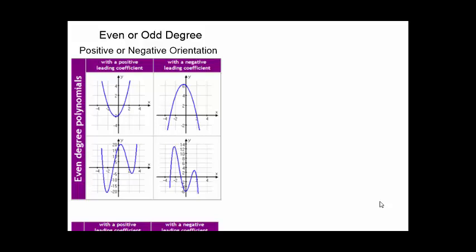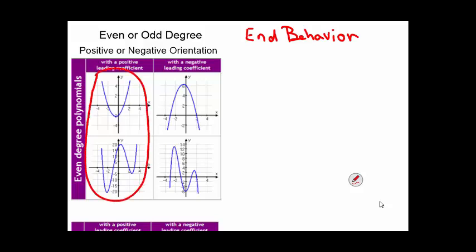All right, so yesterday we had talked about the even or odd degrees. So we also need to add to this something called end behavior. And the end behavior is just what happens at both ends of the graph. So we're going to start off with, I'm going to circle these two guys here. So those are two polynomials that are even